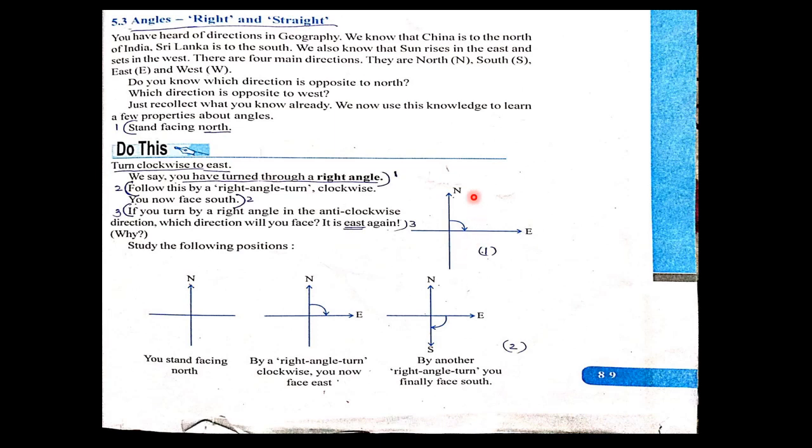Okay. So from north to east, turning time you move one right angle, and from east to south reaching also in the clockwise you are moving one right angle. And when you move from south to east, then again you are turning one right angle in the anti-clockwise direction. Okay children? Now the same figure it is given here. So mark these points in the textbook and you learn from the textbook.